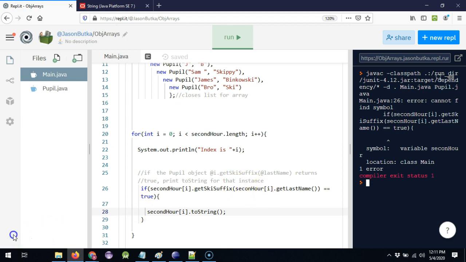Let's take a look at this code, and I take a look real closely. So if secondHour, which is the array, i is the element, so it points at a specific object, dot getSkiSuffix, secondHour. So I see right here, I messed up. I have the wrong capitalization of secondHour. So now, if I run that,